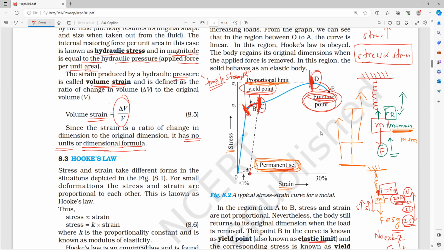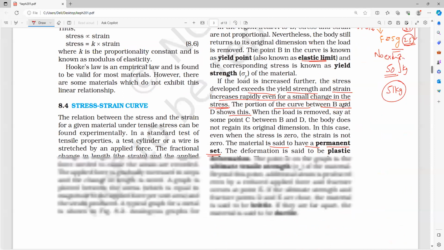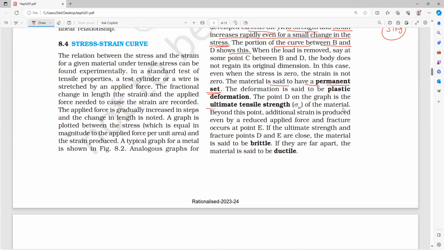Once it reaches the maximum point D, that is the point we call the ultimate tensile strength of the material. Beyond this point, what will happen? Additional strain is produced even by reduced applied force, and fracture occurs at the point E. Once point E occurs, the spring will break. That is the point we call